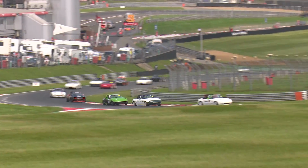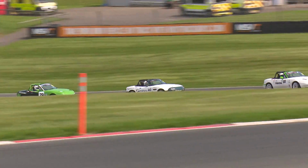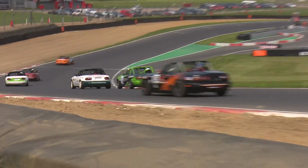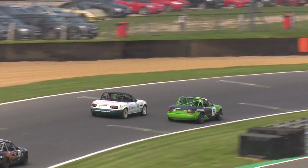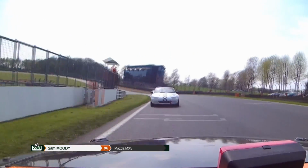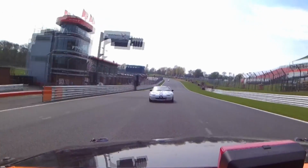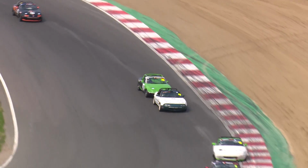Back through the left-hander at Surtees, 13 minutes plus 1 lap, all of the races in the Davanti Tyres MX-5 Cup by 5 Club, and so about 14 laps we should get in around this short, sharp Brands Hatch Indy circuit. Back out through Clearways we go, and that is, by the looks of it, Rafał Dazaschik trying to regain some of the lost ground from the not brilliant start of the race that he had. Streaking up across the start-finish line yet again, and Dazaschik trying desperately to find a way through,